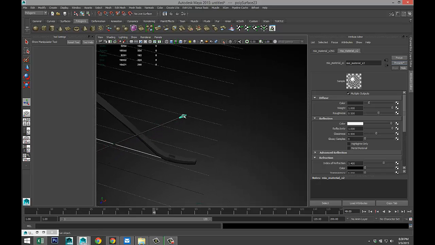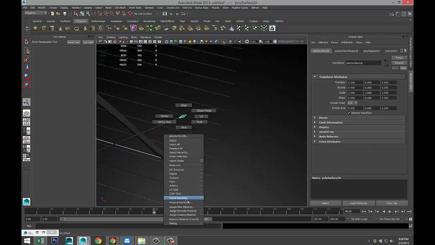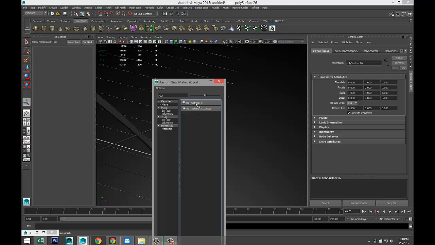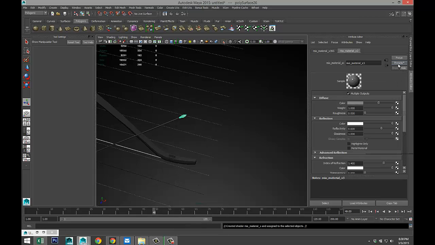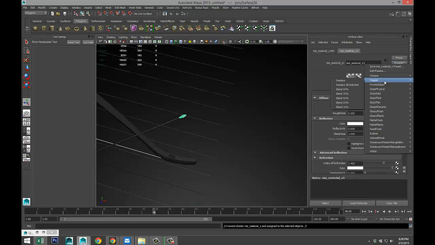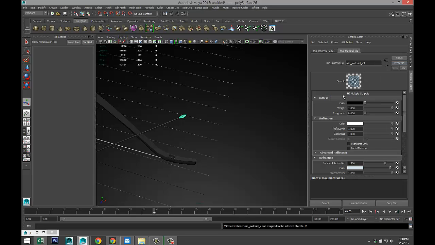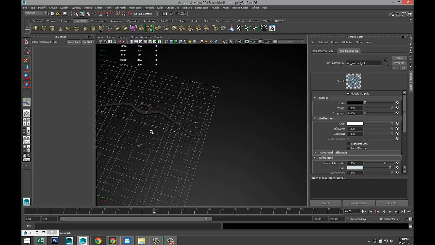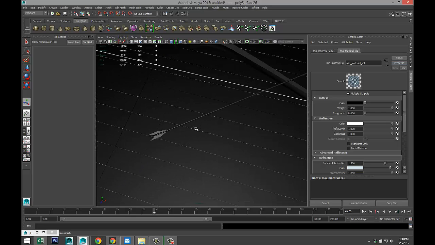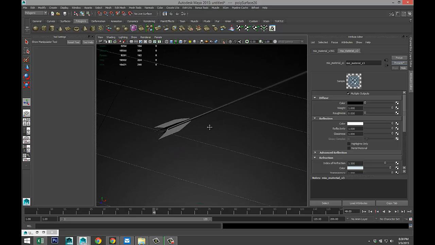We'll do the arrow itself, right click assign new material, and we will do a different preset, and we will use, why not go nuts? Glass solid. As long as we're making this thing really sci-fi, if you will, why not?